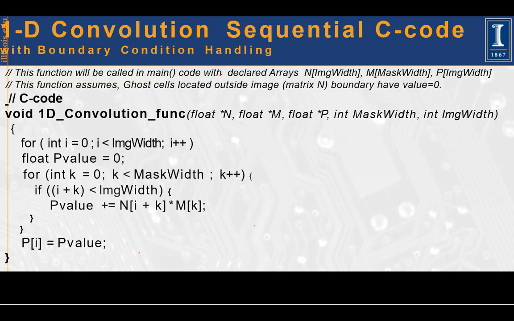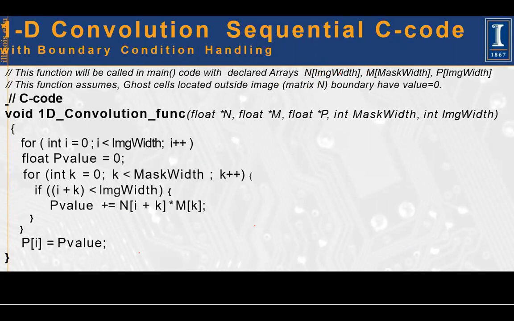You generally will declare these things in the main part of your code. You will declare those variables or arrays. In our example, as I showed you previously, there is an input array. We call it a one-dimensional, let's say, image or data. I have given it the name image width because we will use the same n when we go to a two-dimensional image. So we have started taking it.